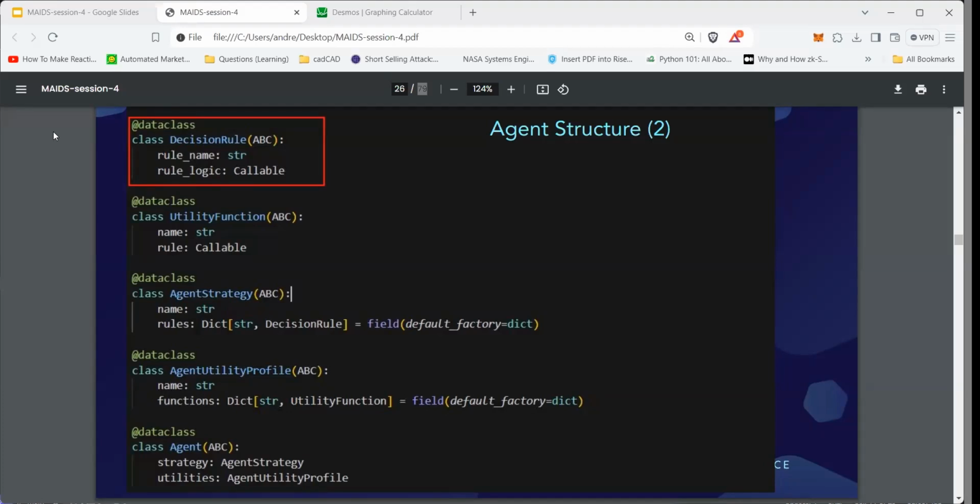Another thing that is necessary for the MAIDs framework is to be able to build individual utility functions that can be named as specific approaches, and these should take the current state of the system and map it to a number in some way. So both of these exist in the MAIDs framework, and we're just putting them in code so that we can utilize them in CAD CAD models or other types of simulations.